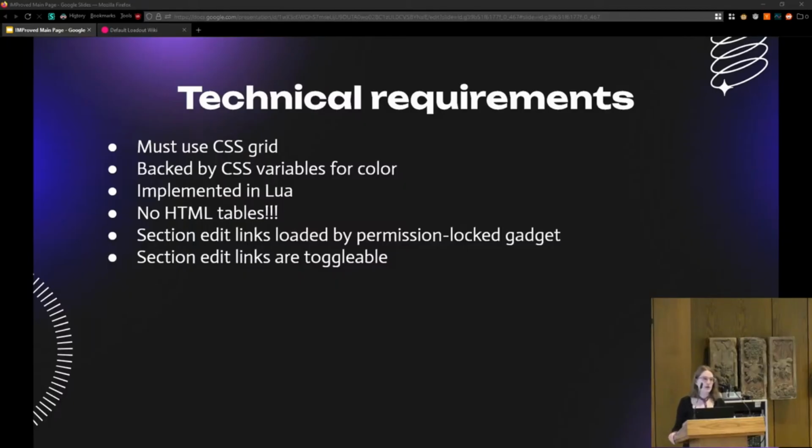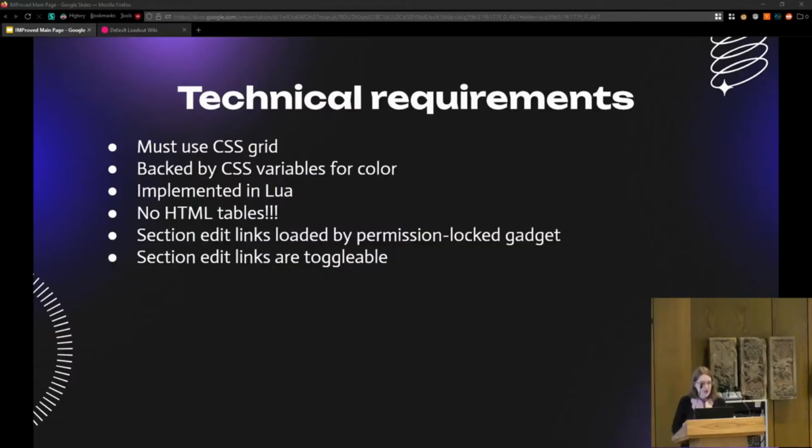I want people to say, oh, I can make a wiki and it's not too difficult and it doesn't require coding. So we needed to use CSS Grid in a way that doesn't require people to edit MediaWiki common.css. That is relatively easy to do by having a template parameter that just does an inline style. In this particular case, I'm fine with the inline style. So it's not a difficult thing to do, but it was a very important technical requirement when designing this